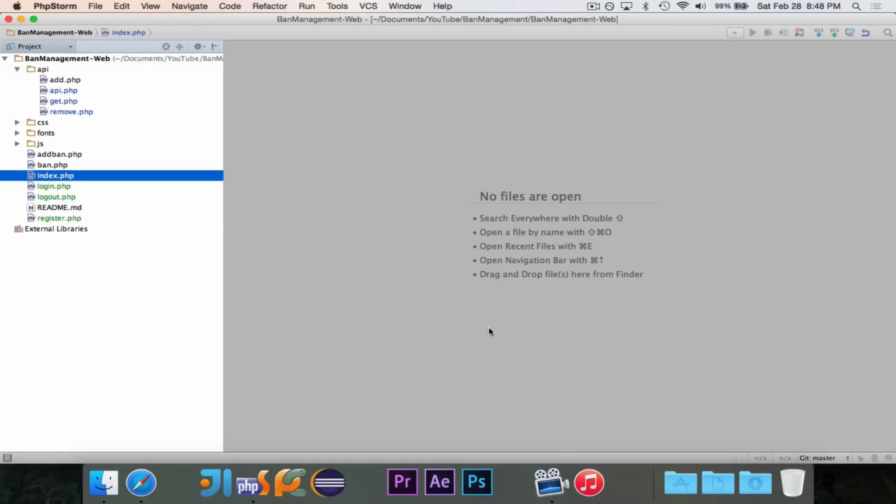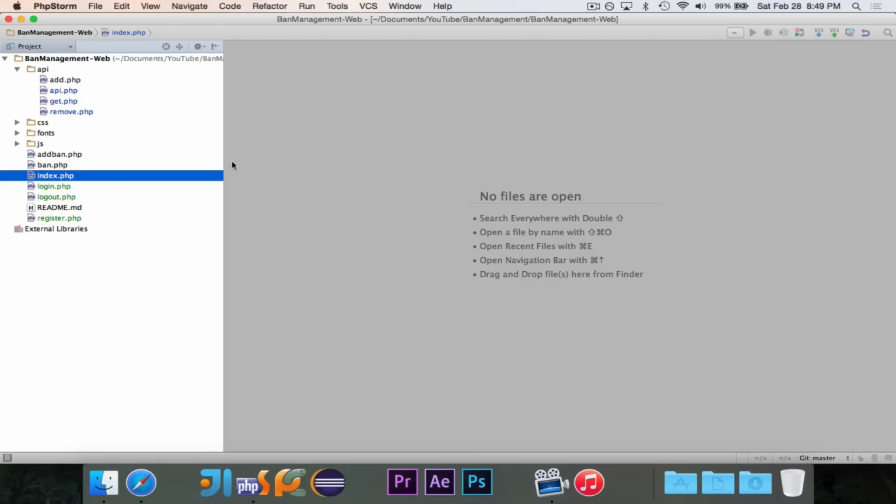In this episode, we are going to take a look at modals, and we're going to replace the add ban page with two modals. A modal is essentially like a pop-up window, but instead of being an intrusive pop-up that blocks your entire window and doesn't look too nice, Bootstrap actually makes really nice looking windows that only pop up within the web page. So you could go to other pages in your browser, do other things with your browser, and it's not completely intrusive. It just occupies the one page that it's on. And once we get one of these working, you'll be able to see exactly what I'm talking about and why